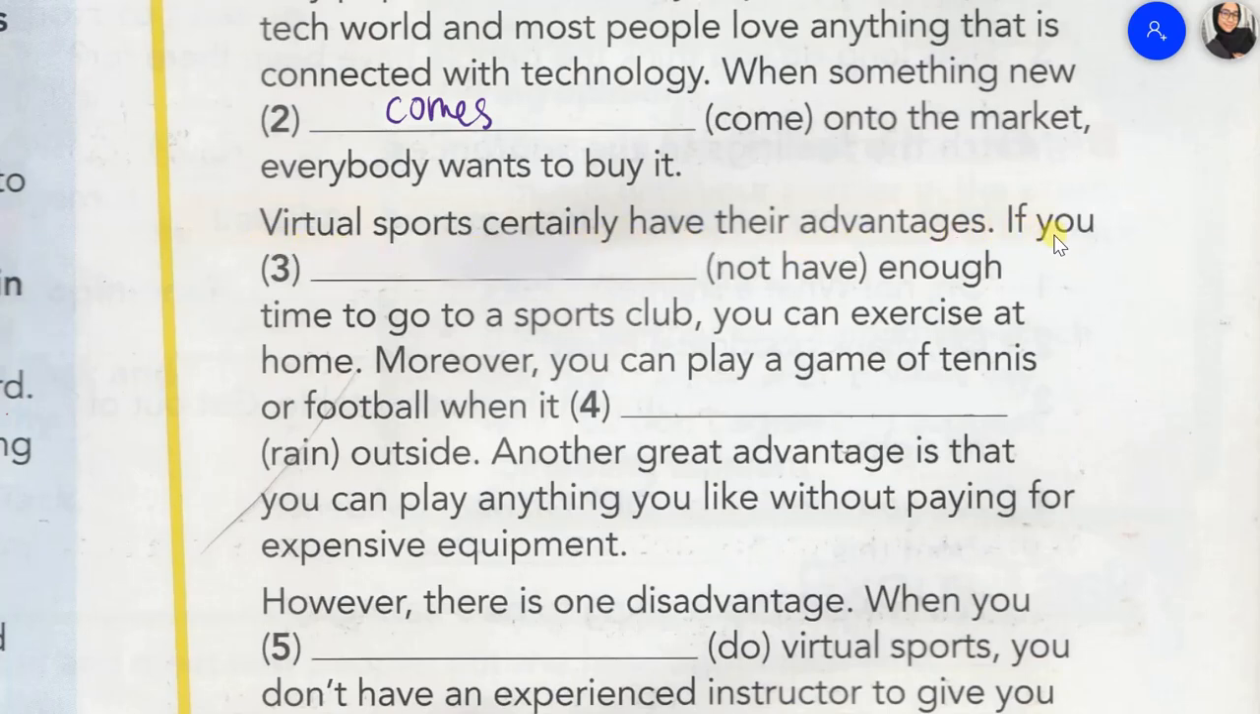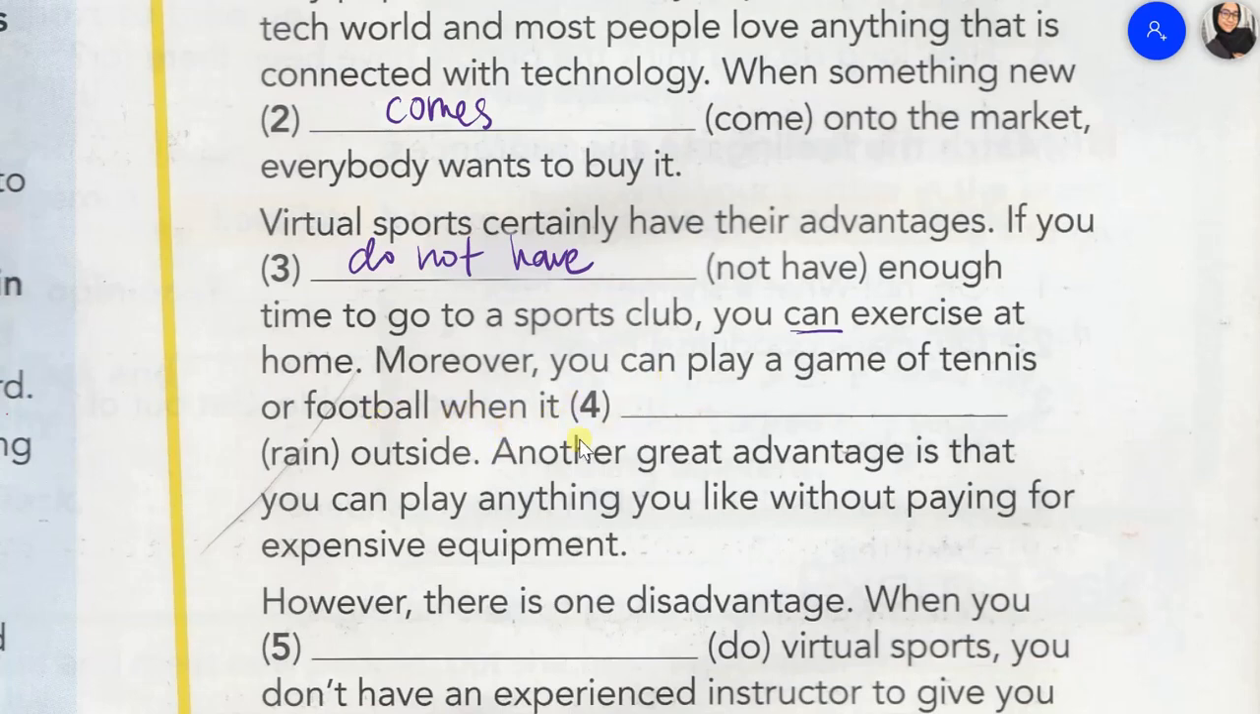If you not have enough time to go to a sports club, you can exercise at home. So this is the first conditional because of the word can. Because this talks about the future, can? If you do not have enough time to go to the sports club, you can exercise at home. Okay. Moreover, you can play a game of tennis or football when